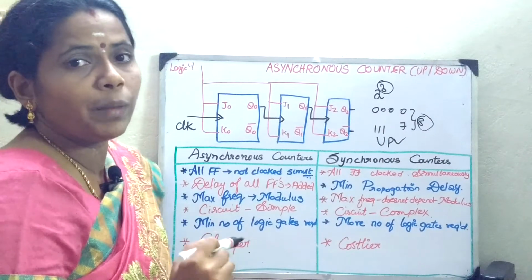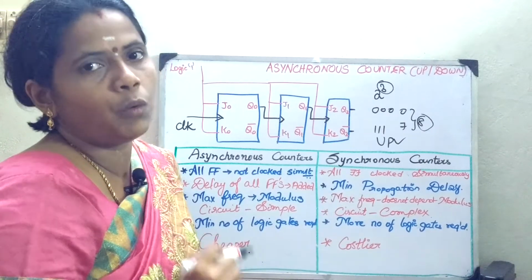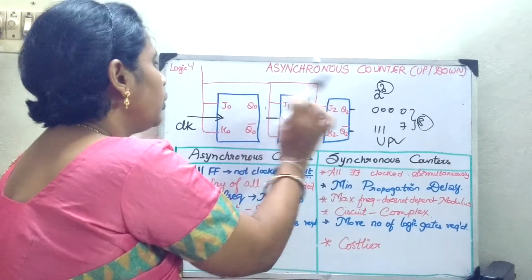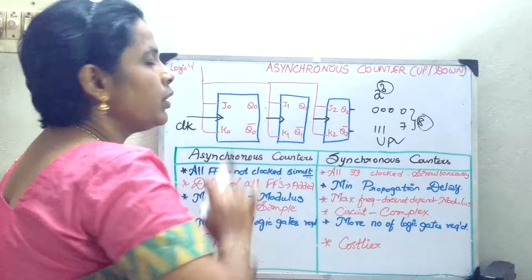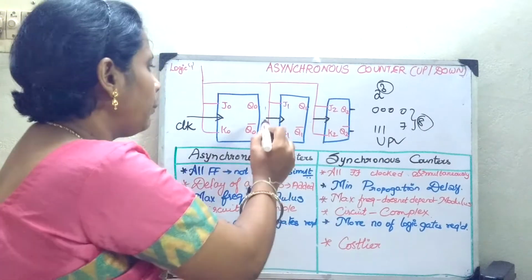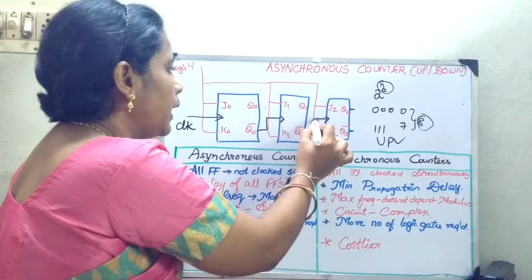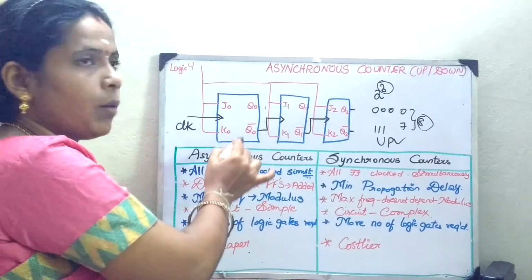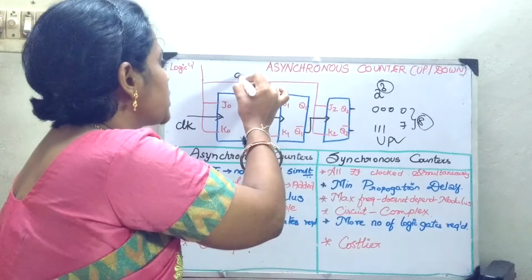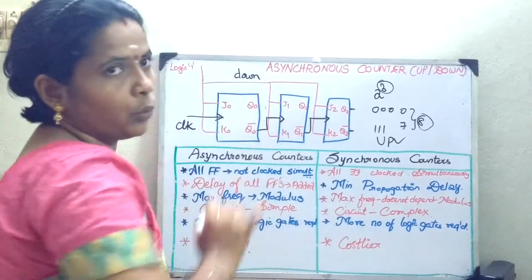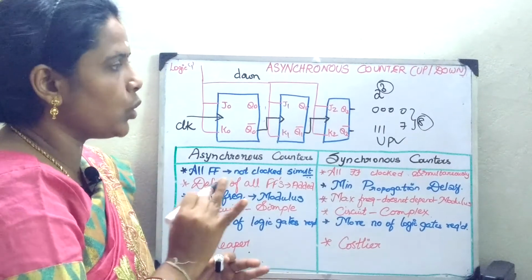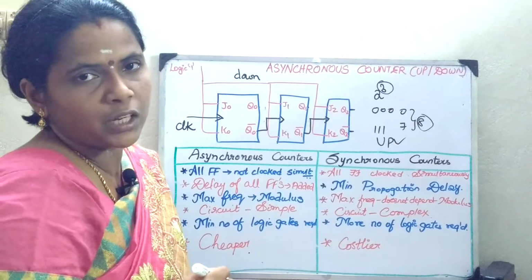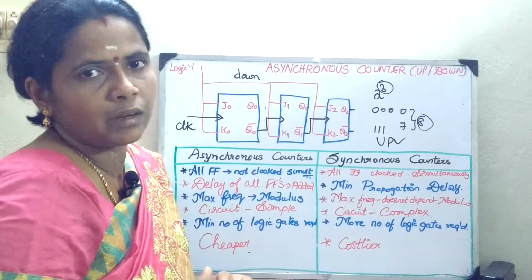Now, if I want it to work as a down counter, a small modification should be done. What are you going to do? Instead of connecting Q0, I am going to take the clock from Q0 bar, that's all. In that case, it is going to be a complemented output, and it will be functioning as a down counter. Once you know the logic, you can play with the counter specifications or your circuitry, whatever is required.